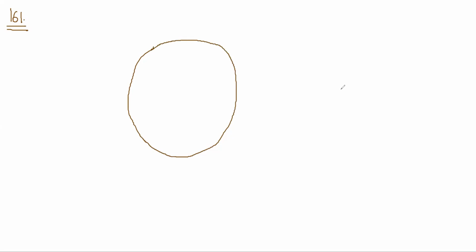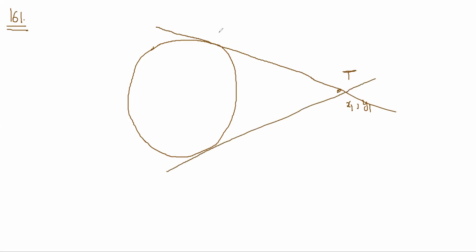So we have a circle, we have a point. Let's say the point is called T, x1 comma y1. From T, because it is outside the circle, I have drawn 2 tangents. One tangent is like this and one tangent is like this. Let's say this is P, and this is Q. This point is X dash Y dash, and this point is X double dash Y double dash. This is the origin O, and the circle equation was x square plus y square is equal to a square.